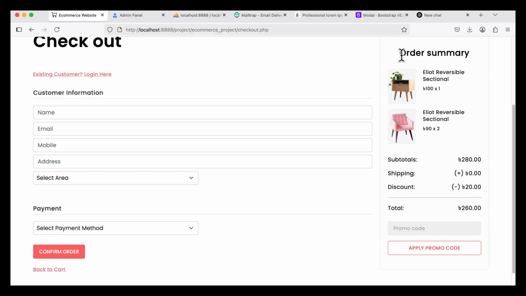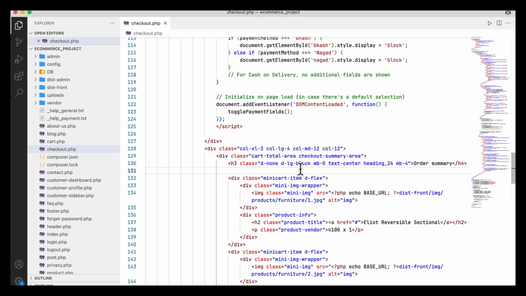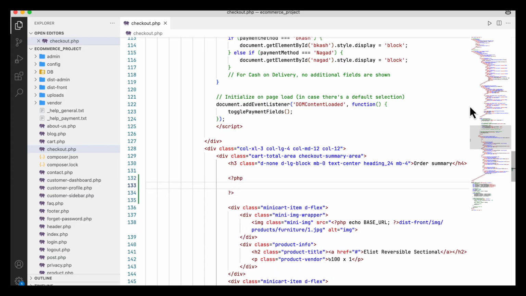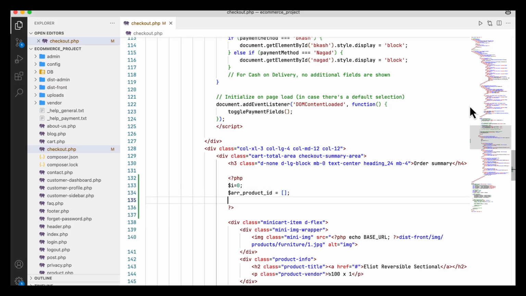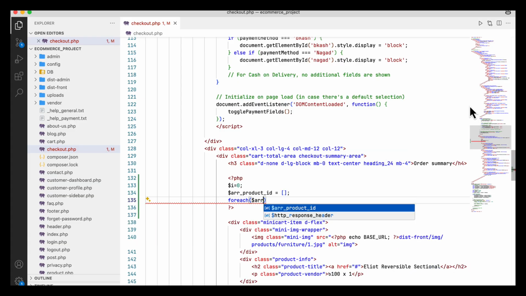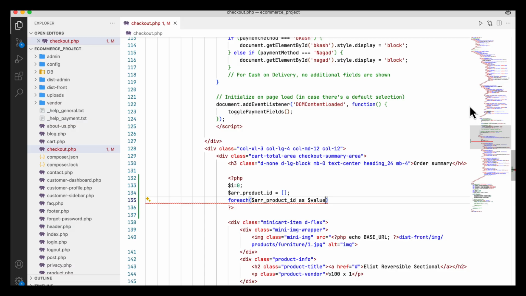So first I am going to check the order summary in the checkout page. So this is my order summary. Okay, so in the order summary page, I am going to run my PHP code. So here I run my code. So what code will I run here? For example, i equal to 0 and array product ID equal to this one. So for this I am going to run array product ID as value. Array product ID,